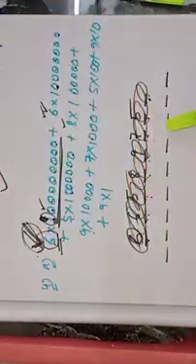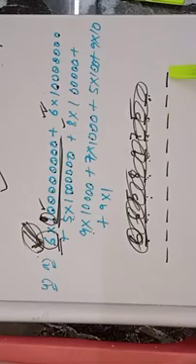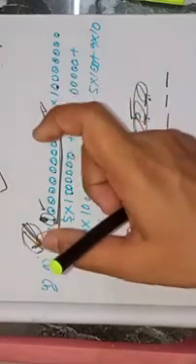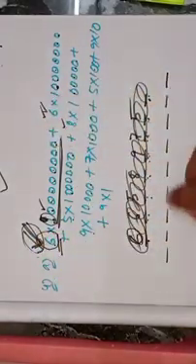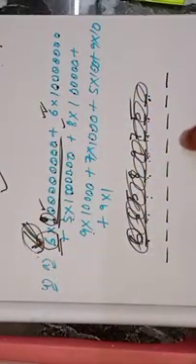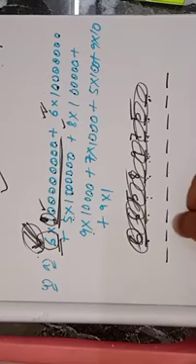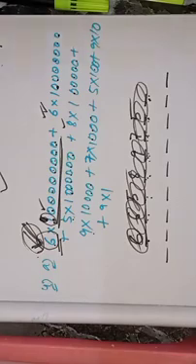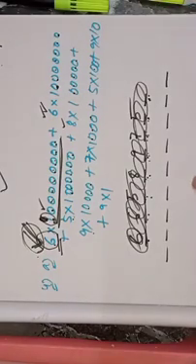Next step is that you draw dashes till the place value of the very first digit of the number which you are going to convert into standard form. So the very first digit is having the place value 10 crores. I will put dashes till 10 crores: ones, tens, hundreds, thousands, 10,000, lakhs, 10 lakhs, crores, 10 crores. Now next, you have to fill up these blanks to get your answer.